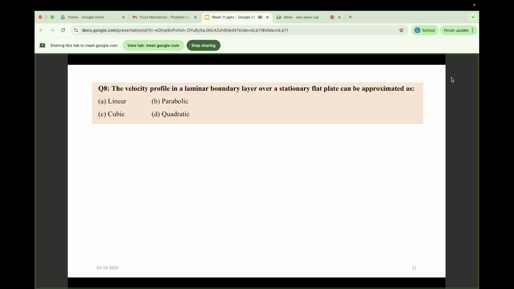See this, if I talk about this velocity profile, generally the profile that has been created after some derivation, that derivation is not required for your exam point of view,